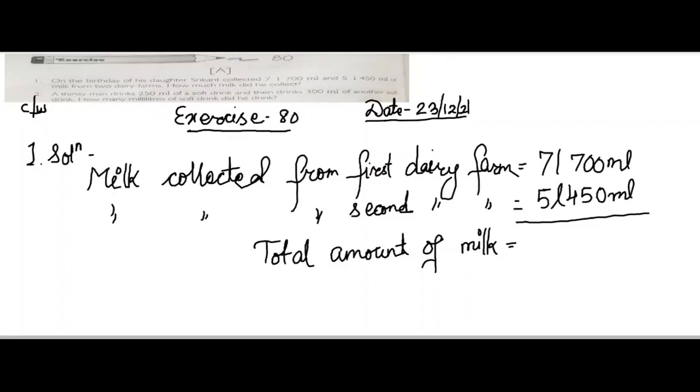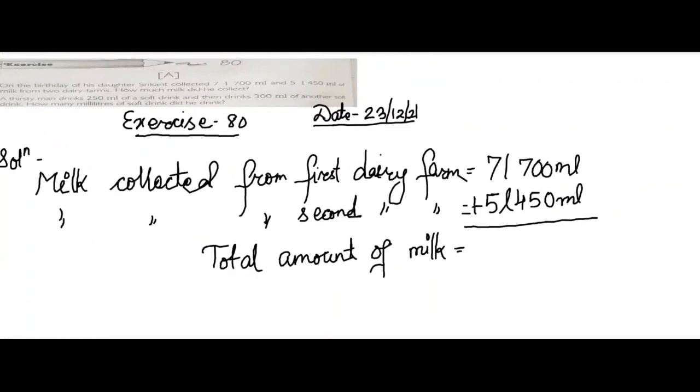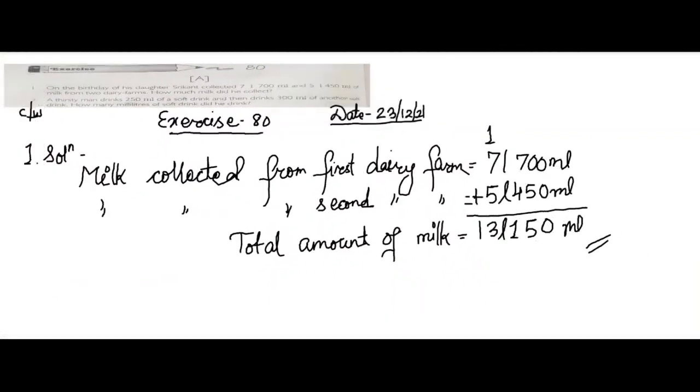So total amount of milk. So we have already told that to find the total amount of milk, you have to add both quantities of milk. So let us start adding. 0 plus 0, 0, 0 plus 5, 5, 7 plus 4 is 11, so that will be 1150, that is 1150 ml. So 1 I will write in liter because 1000 ml equals to 1 liter. So next one I will write here. So 150 ml we have got, and 7 plus 1 is 8, 8 plus 5 is 13. So our answer we have got is 13 liter 150 milliliter. So the total amount of milk Shrikant collected for his daughter's birthday is 13 liter 150 milliliter.